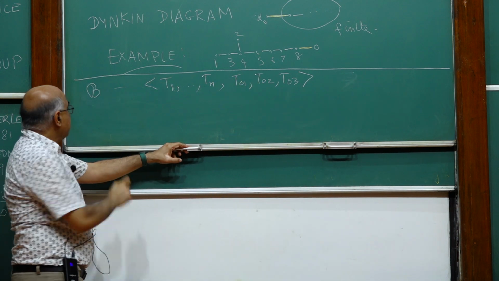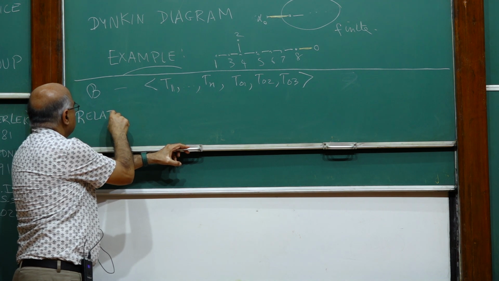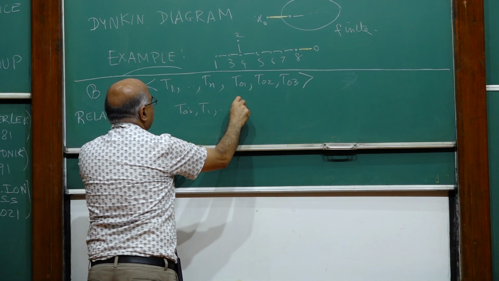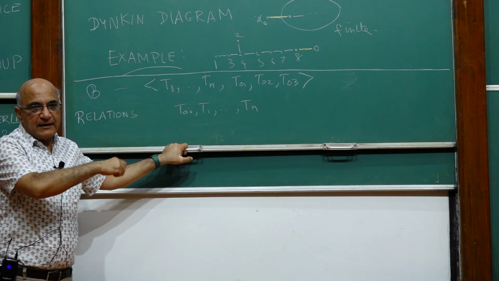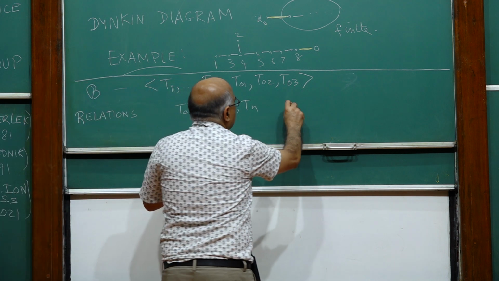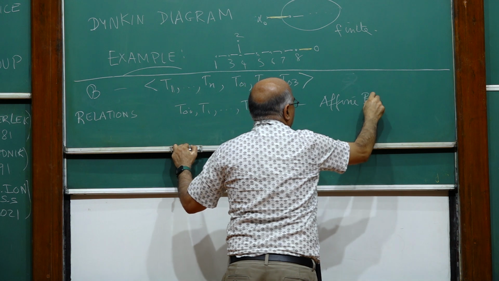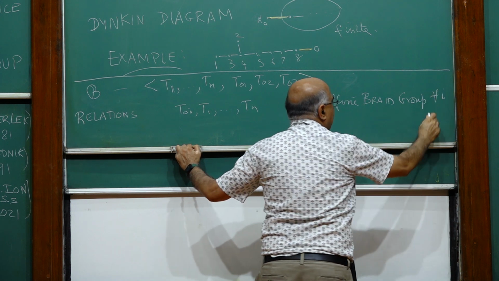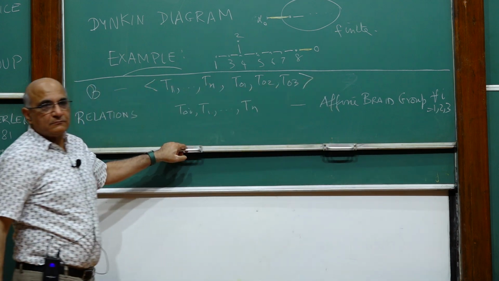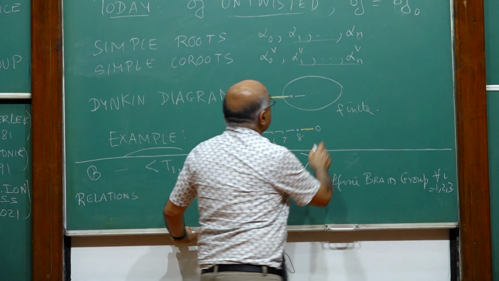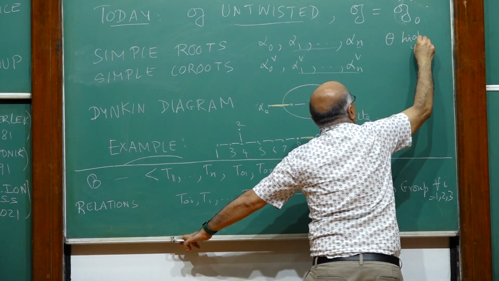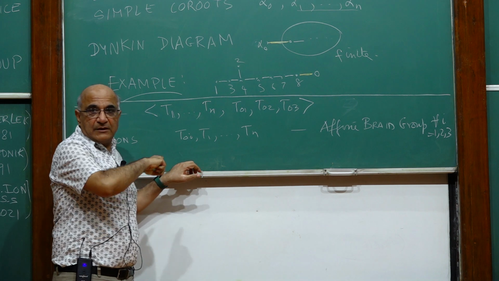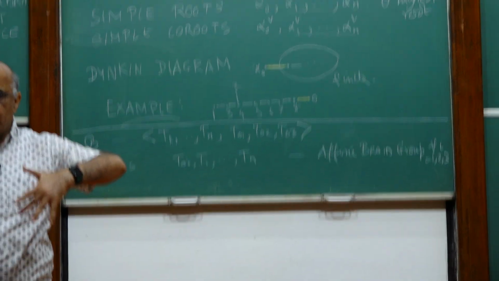Okay, and now what are the relations? So if I take any one of these T0i together with T1 through Tn, then that's an affine braid group, for all i equals 1, 2, 3. I need one more thing, so let theta be the highest root. So I have 3 affine braid groups,